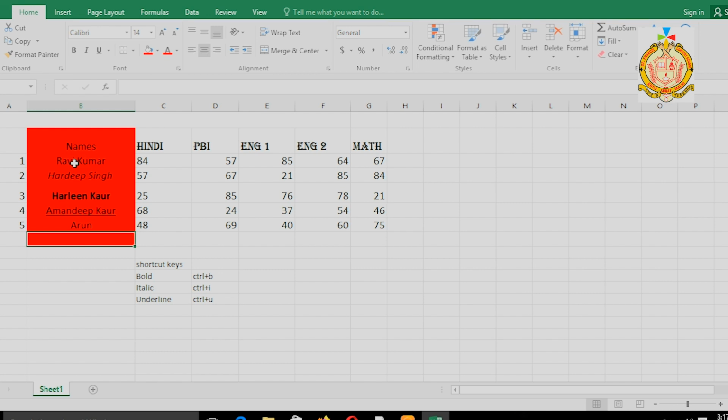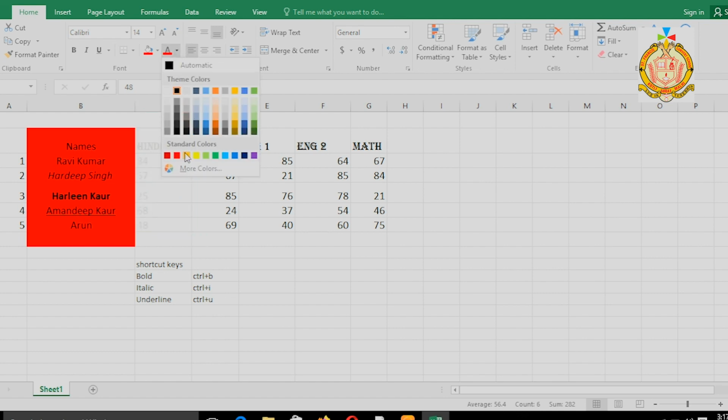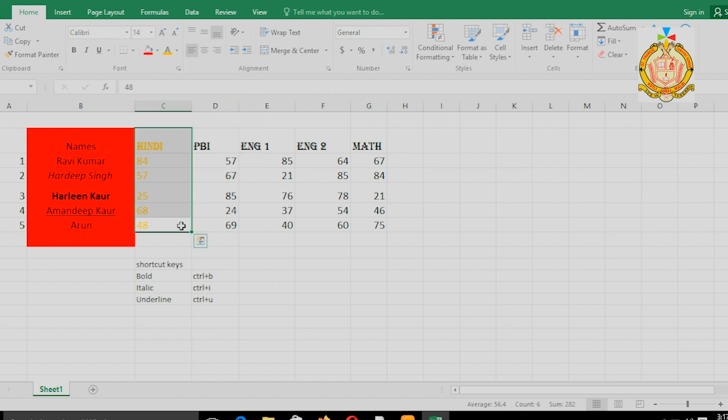Now I am going to change the font color. Our next topic is changing the color of your data. Here we have data, I want to change the color here, and then Font Color, and I have to select this yellow. You can see this color is changed.